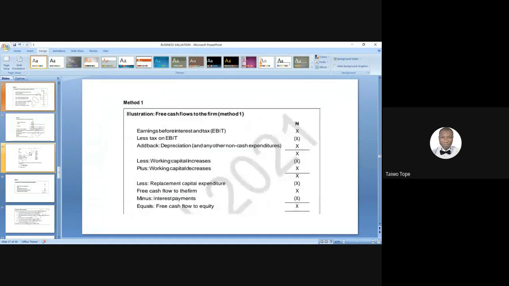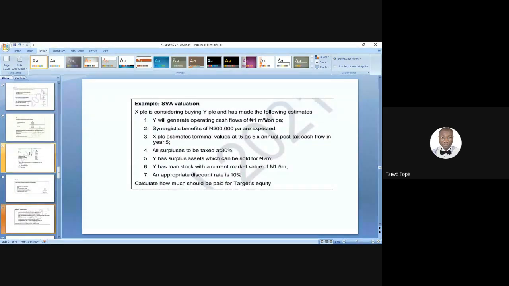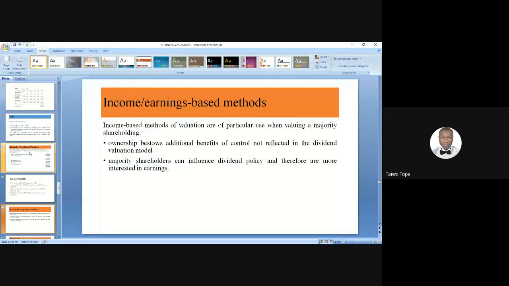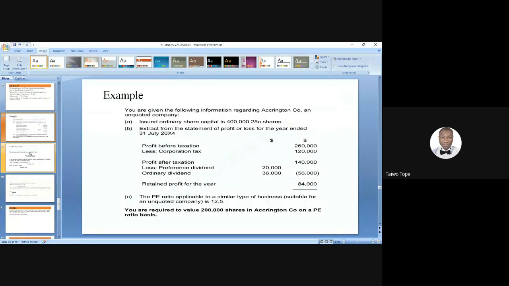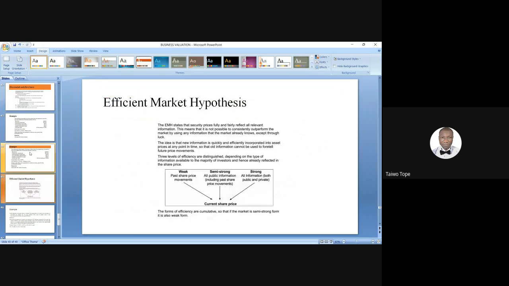So if you go to the study pack, I'm making reference to the study pack because the study pack is what you can finish tonight. It's not anything serious as far as this topic is concerned. If you go to the study pack and based on the syllabus